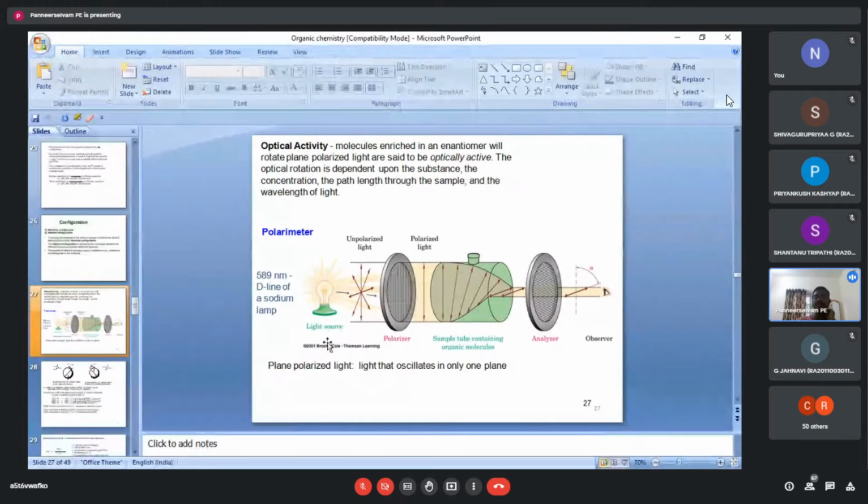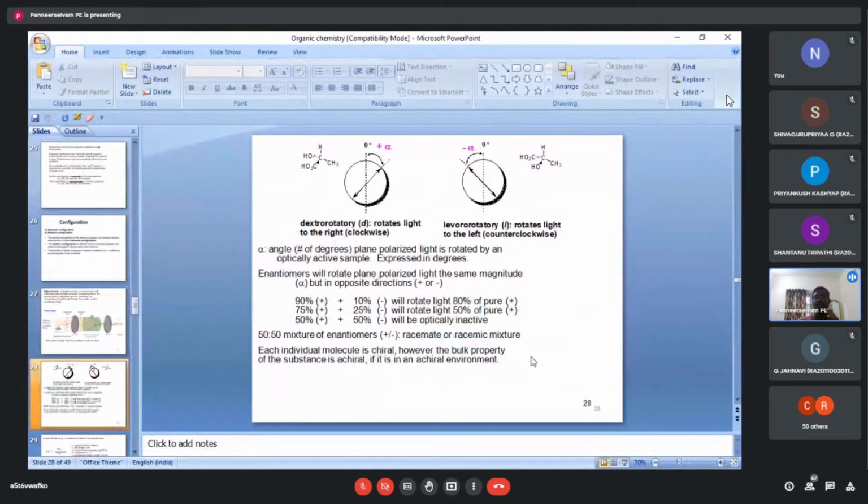For the optical activity, you see the light source and polarized light, the polarization light. This is the sample containing the organic molecule. We are keeping it with this. This is the sample folder, right? This is the analyzer, the observer. So see here the rotation based on the sample: clockwise rotation. Not a straight line. Only a straight line, once observed from any light source for an organic compound, does not move, which means an optically inactive compound.